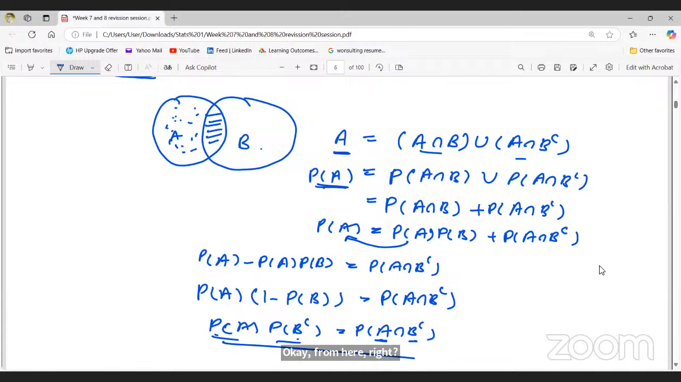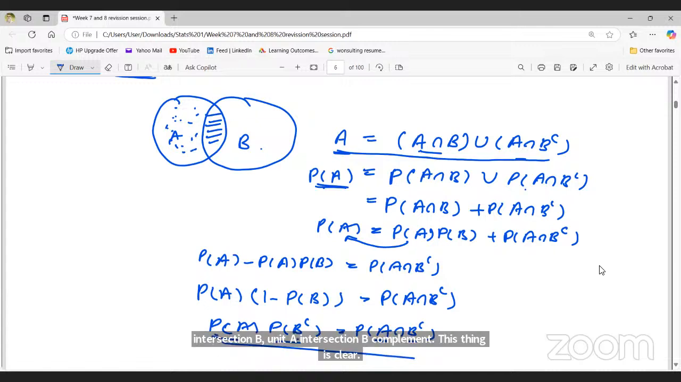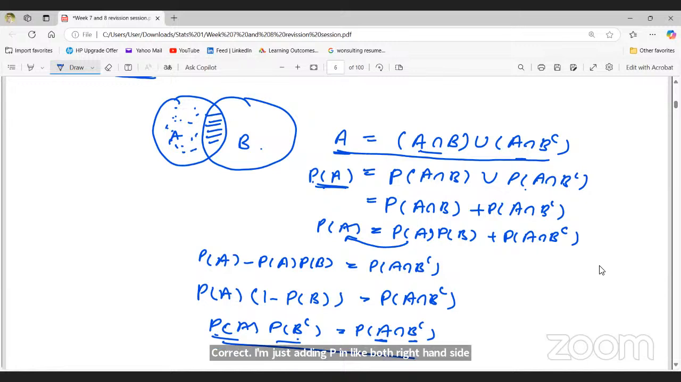Probability of A is considered as A intersection B union A intersection B complement. This thing is clear, right? I'm just adding P on both the right-hand side and left-hand side. So probability of A is equal to probability of A intersection B union probability of A intersection B complement. Fine. Yes, ma'am. Correct. Now,